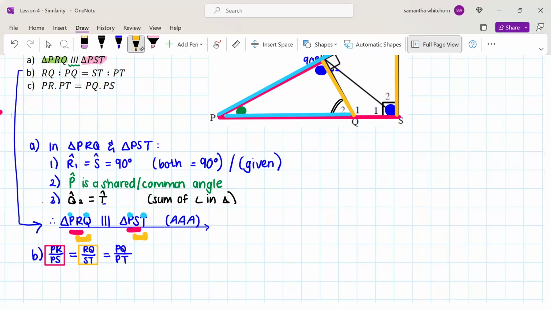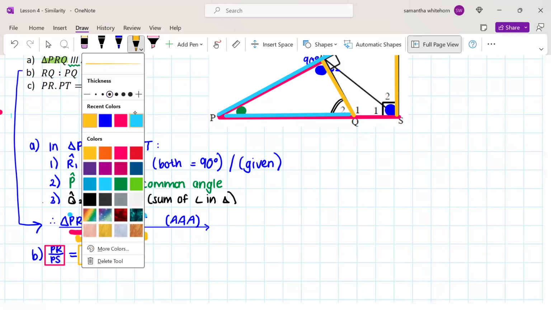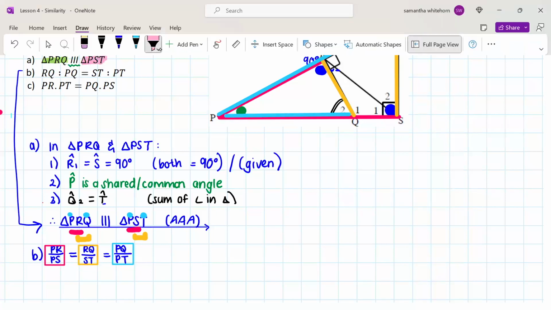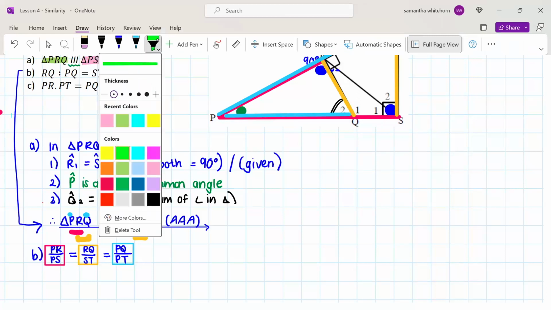So whenever you get a ratio question like this, this is what you do. You write down all of the ratios that apply because these triangles are similar and they all now correspond with each other. And you now can go and see which ones are useful for you in terms of what you're wanting to show or what you're wanting to prove. So if we go back to our question,